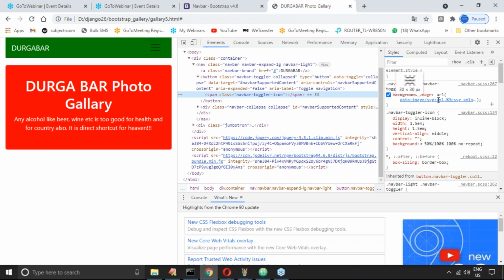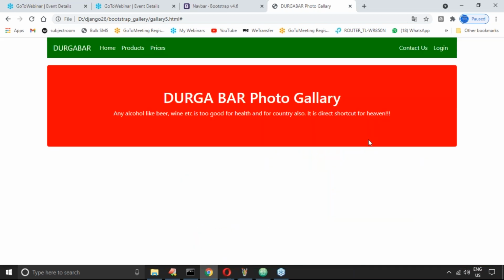Data colon image. It is the image. Who is responsible for providing that image? The Bootstrap people provided the image. You can't change the color of the lines and so on, I don't think. It is already defined. These Bootstrap people already provided it. If you want, we can change this image, but anyway, why should I take that risk as of now? Clear? Are you feeling comfortable?